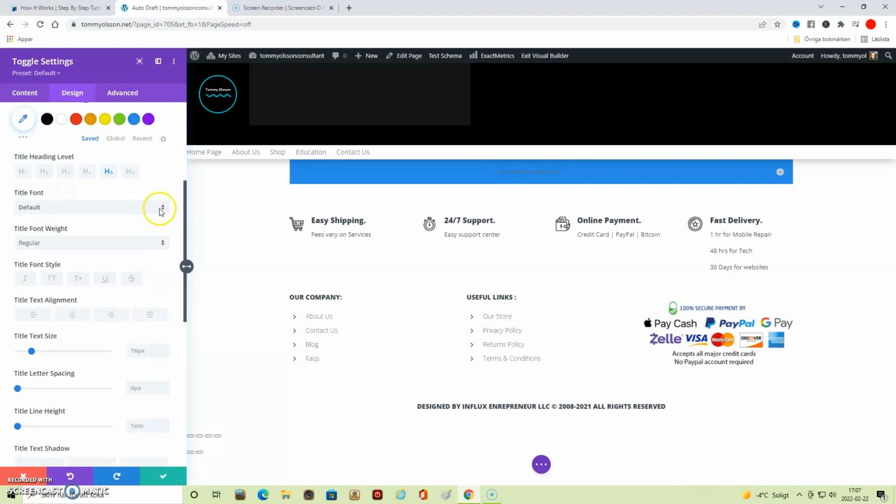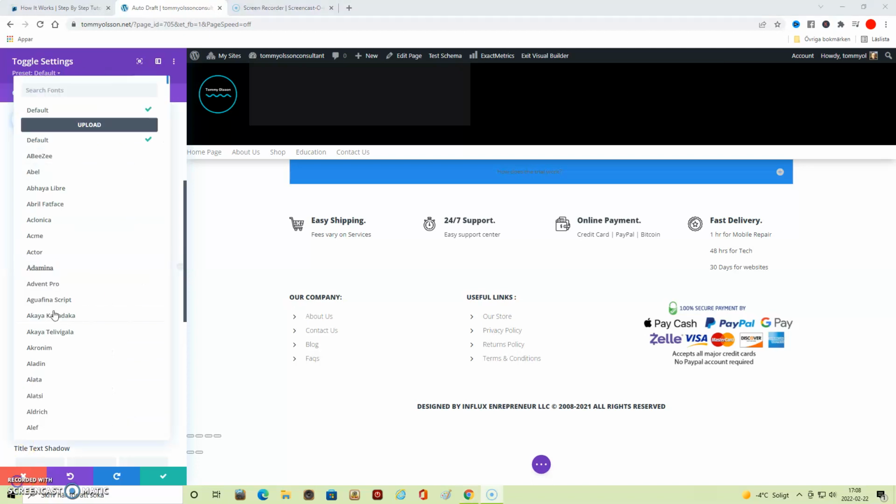You can go to title font. And you can choose any one of these fonts, of course.